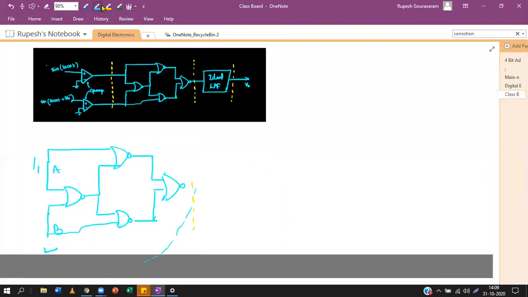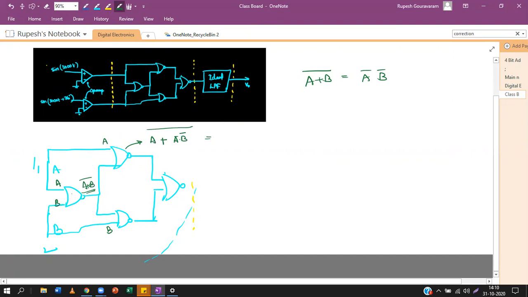If I expand this circuit, so this is A, this is B. What is this? This is an OR gate and this is a NOT gate. So this will be A plus B whole bar, and this will be A again, and this is B. What will be the output of this gate? This is A plus B whole bar. So A plus B whole bar is A bar B bar. So I can take this as A bar B bar whole bar.